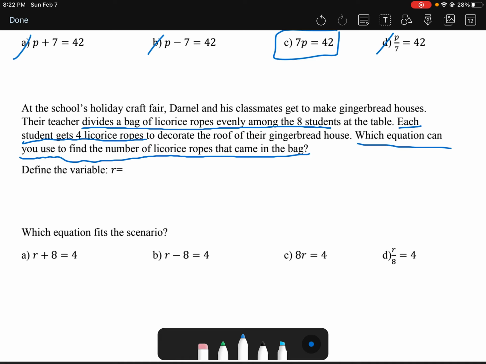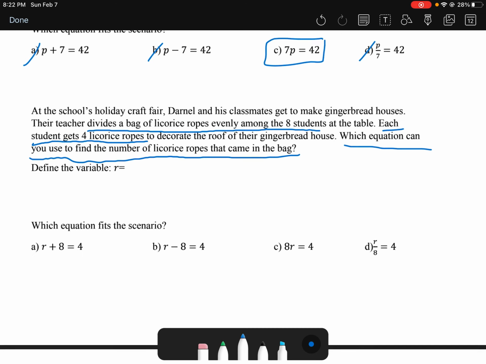I went ahead and said R. What does R mean in this problem? Well, looking back at the question, it said, can you use to find the number of licorice ropes that came in the bag? So that's what we're trying to find. That's our unknown value, our variable. R is equal to the number of licorice